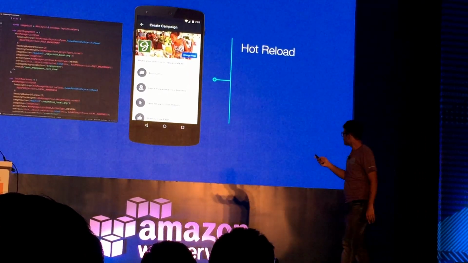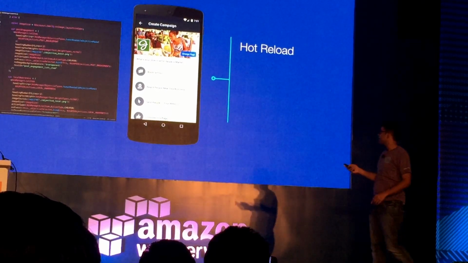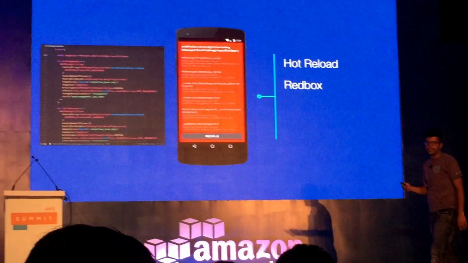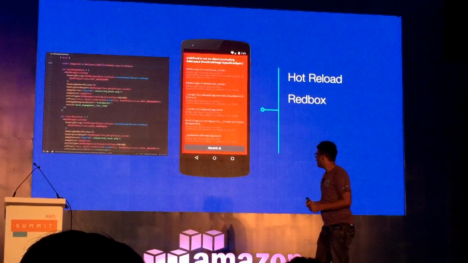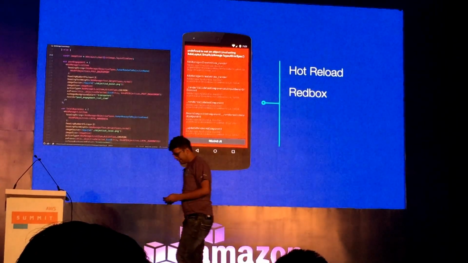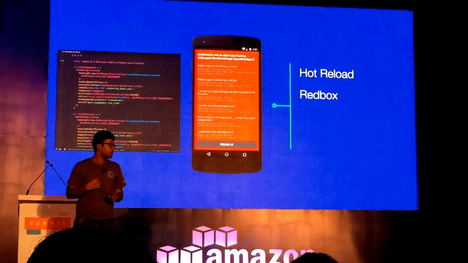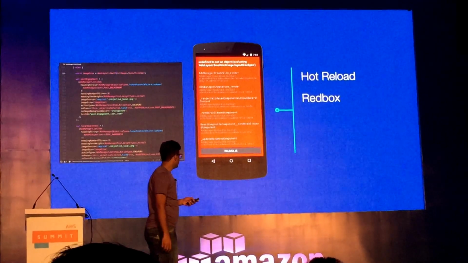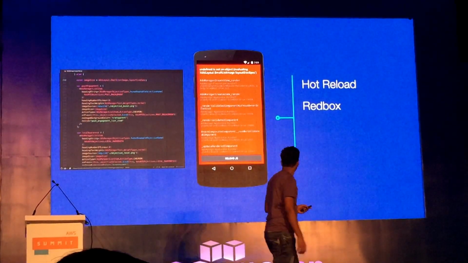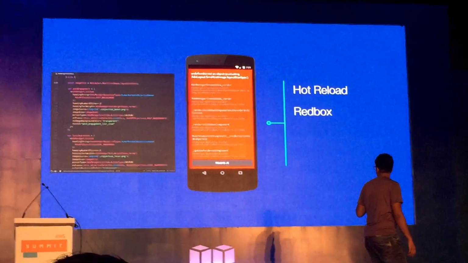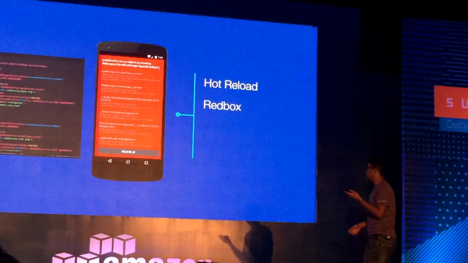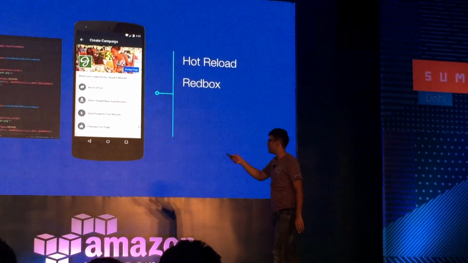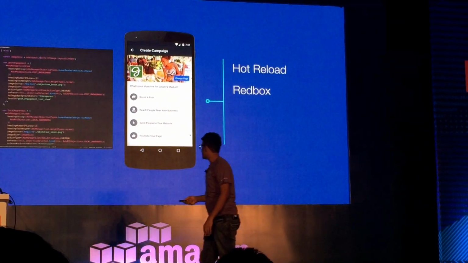Also, if I make any errors, a JavaScript framework might not essentially tell you what errors you made, but React does that. And it gives very good documentation for what mistake you made and what should be done. So fixing that is just going there and changing the casing in this case. And again, it gets hot reloaded as soon as the file is saved, and it's done.